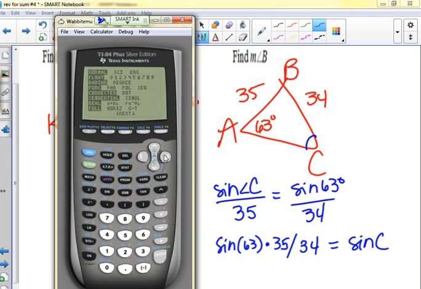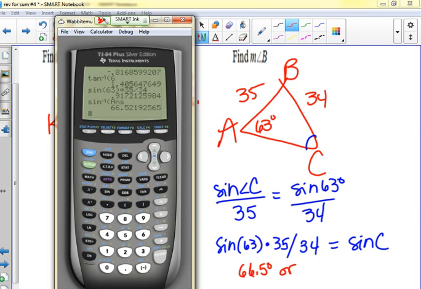What mode do I want to be in? Degrees. And I did put a warning on the quiz again, but that doesn't mean you'll all read it, because somehow directions are ignored so easily. So I get a decimal, and then I have to do inverse sine, right? And any time I do inverse sine on my calculator,